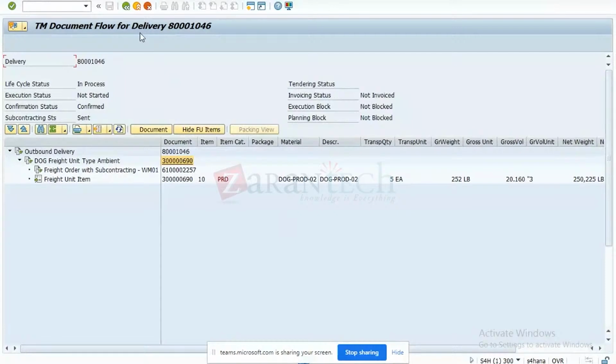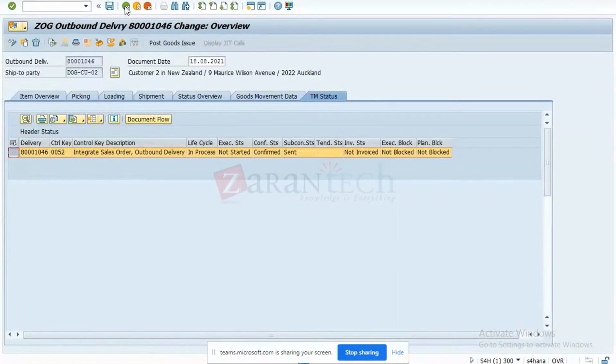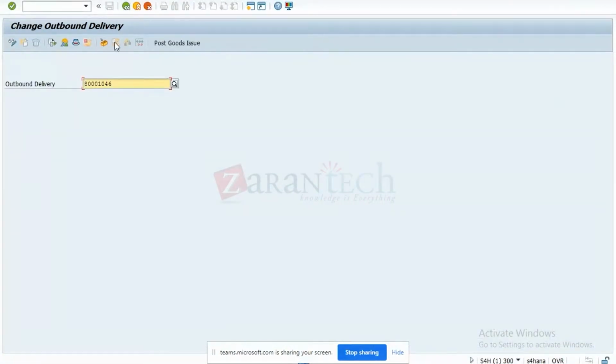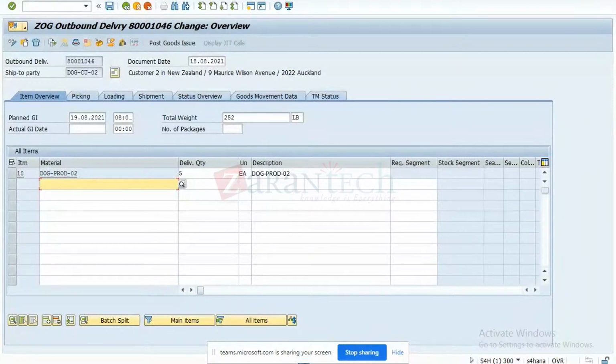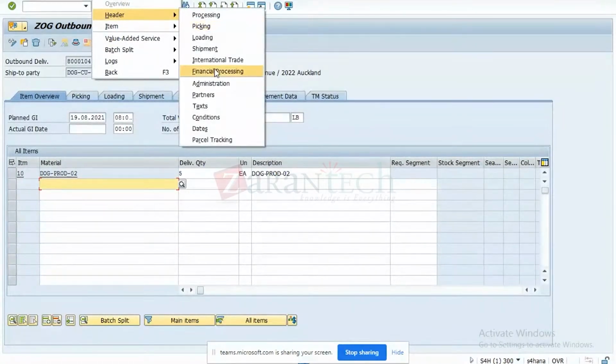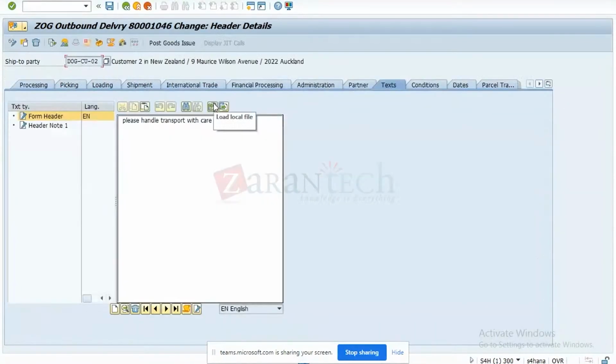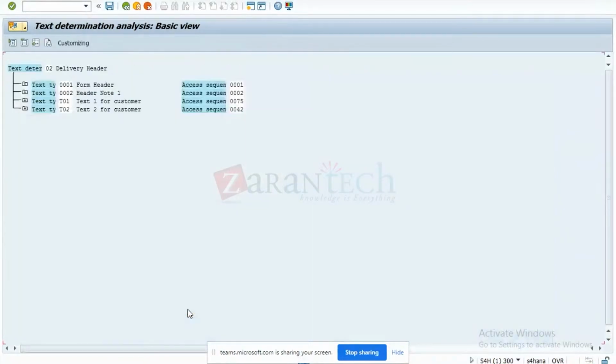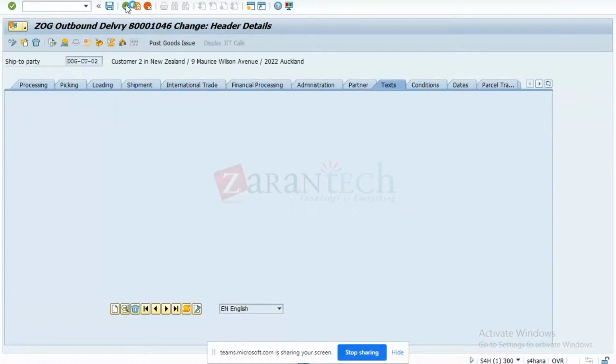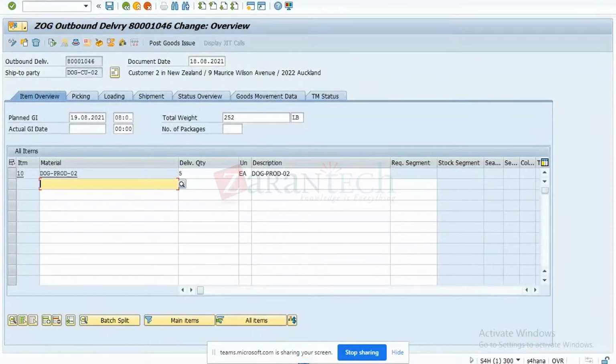Okay. Now, first of all, when you are creating a text type, what you need to do? If I go into this delivery, go to header, text, and here you will find there's a table called a log table, right? So this form header, what is this text type? How do you know? This form header is a text type in ERP, which is 0001. Once you get this text type, which is your ERP text type, because I am doing this text type in my delivery, what I need to do